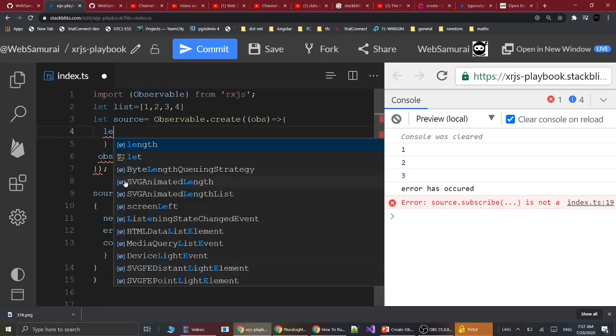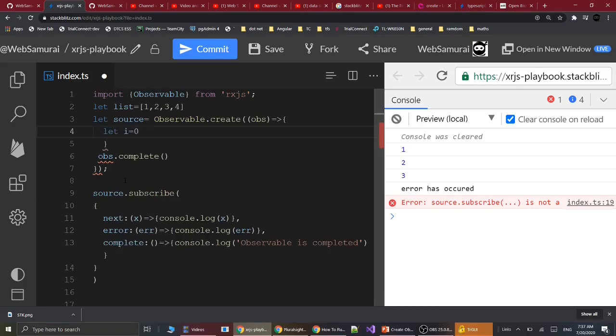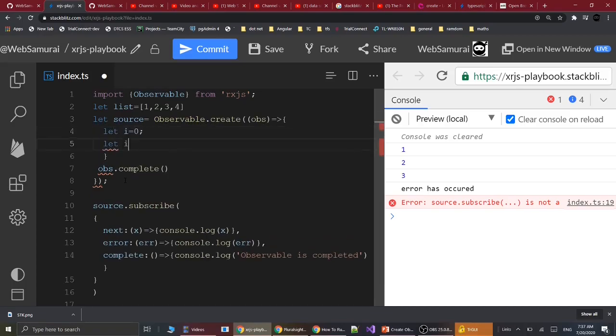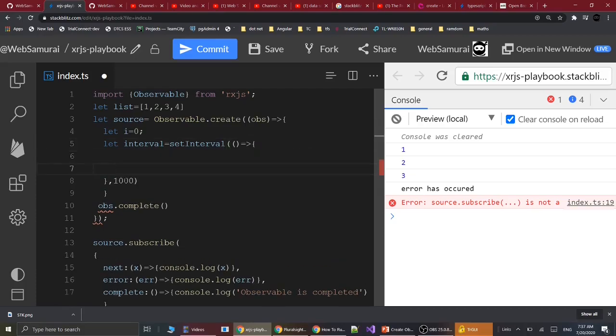First I create the variable, let i equals 0, and let interval, which is the setInterval method, and this function is going to increment the value of i after every 1 second, and I call obs dot next inside that.